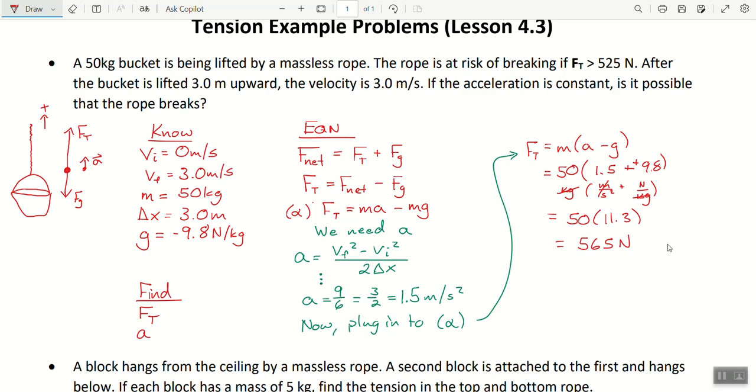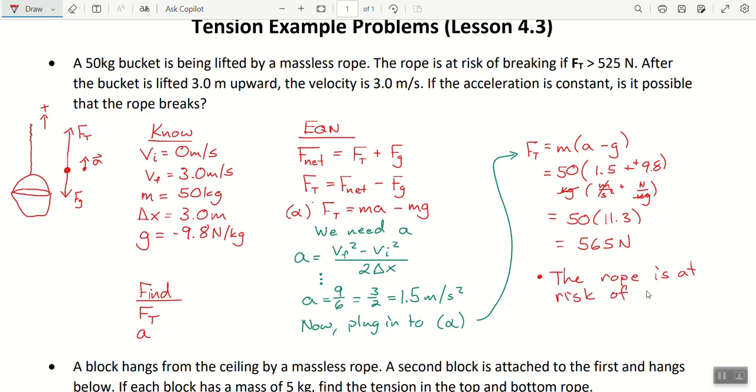All of a sudden, we look back at the problem and say, it has a risk of breaking if it's above 525 newtons. Are we guaranteed that it's going to break? Not necessarily. And the language there, just because if it said the rope will break if it exceeds this, then yes. It might break, right? We're in dangerous territory at this point. How would we write this statement then? The rope is what? Boom. The rope is at risk